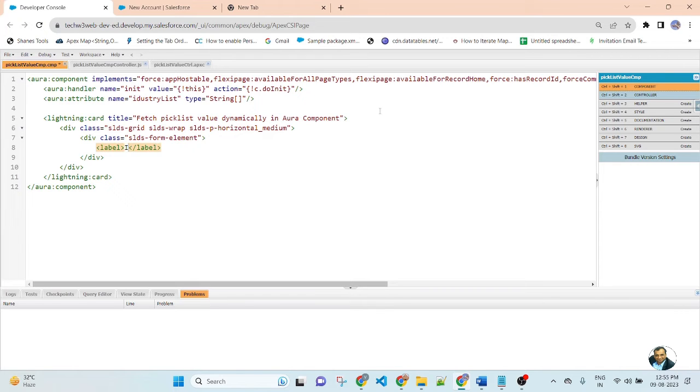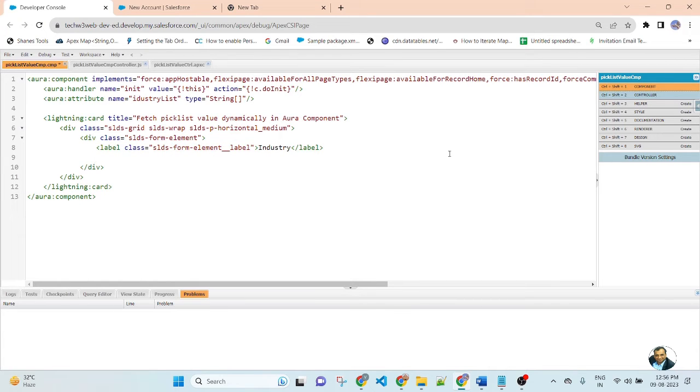Label name is Industry and class name equal to SLDS form element. Copy this class and underscore label. So I created the label.